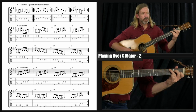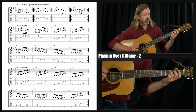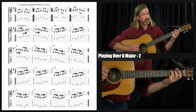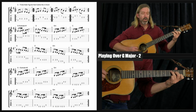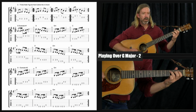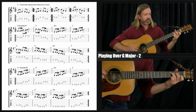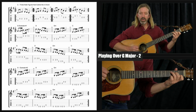4 is the C major. And the first example starts on the tonic note of that chord, the root note of that chord, which is a C, the 4th note of our G scale. But remember, as I'm on each individual chord, I'm thinking of the chord tones of that particular chord. So for C, I'm thinking 1, 2, 3 of my C chord, 3, 2, 1. Okay? Let's try that first example there, the first measure. Ready and a slow and